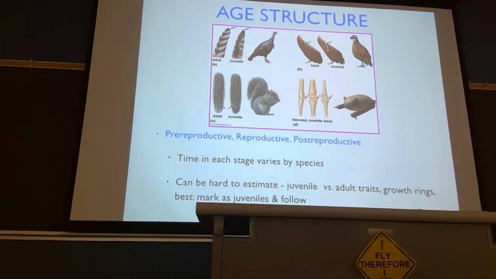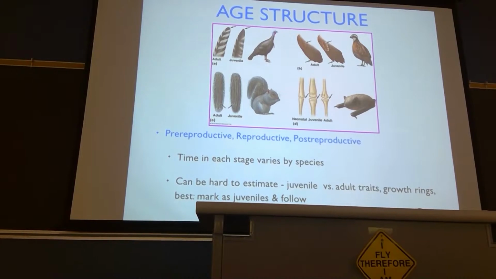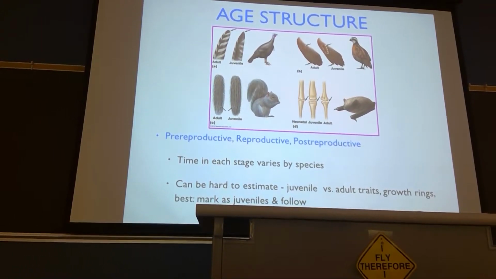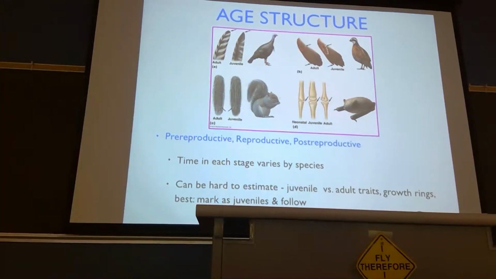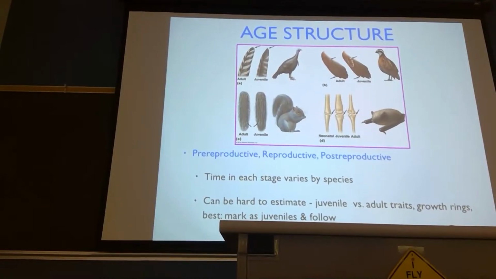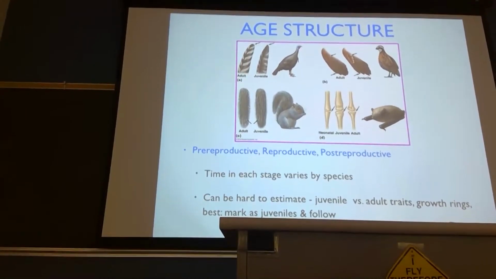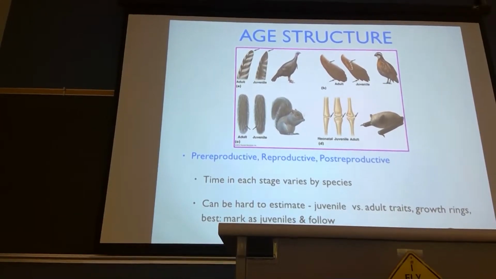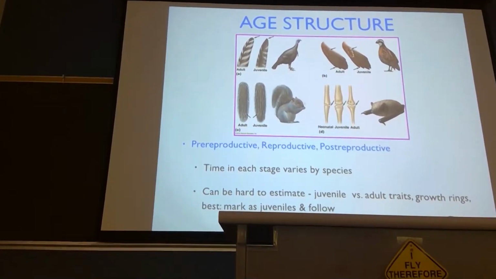For some species, we know their life history well enough that we can judge by looking at the organism how old they are. We may not be able to say, oh, that individual is 3.5 years old versus 3.25 years old, but we know they're in the pre-reproductive, reproductive, or post-reproductive phase. And so for turkeys, as in our top example there, the coloration of their feathers changes. So if you can get a feather from an individual or take a picture of an individual, you can class